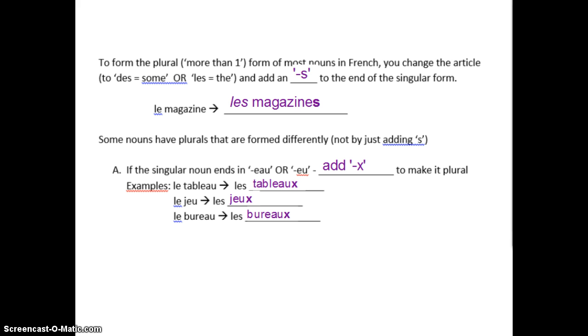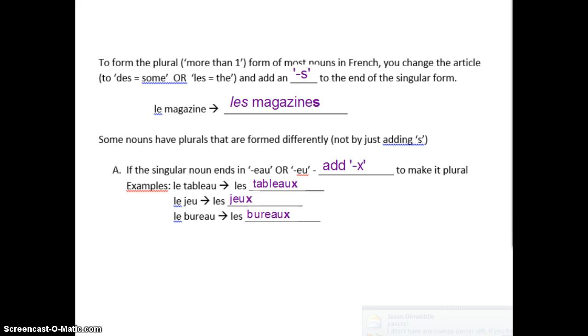This works great except for the fact that some nouns have irregular plurals, meaning they get formed in their plural form by adding something different than an S or by not changing it at all, just like we talked about with the English language. So the first one, we've heard most of this before. If the singular noun ends in an EAU, or here's a new one, or in the letters EU, you add an X